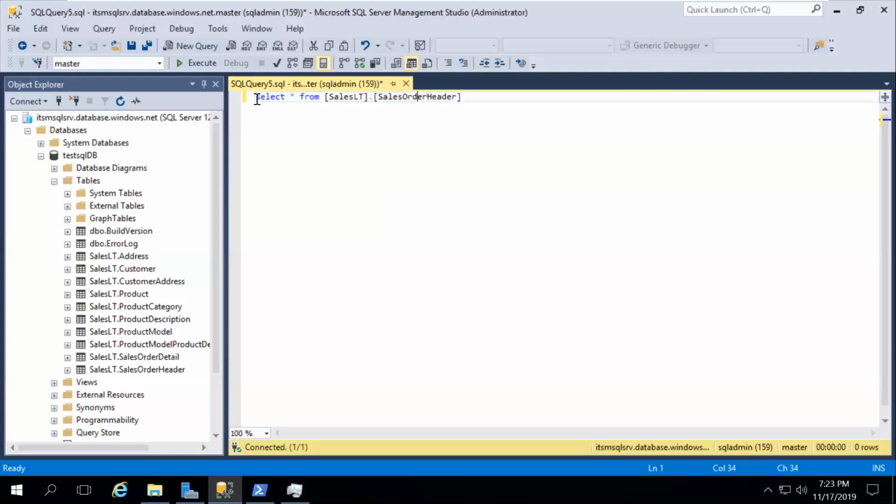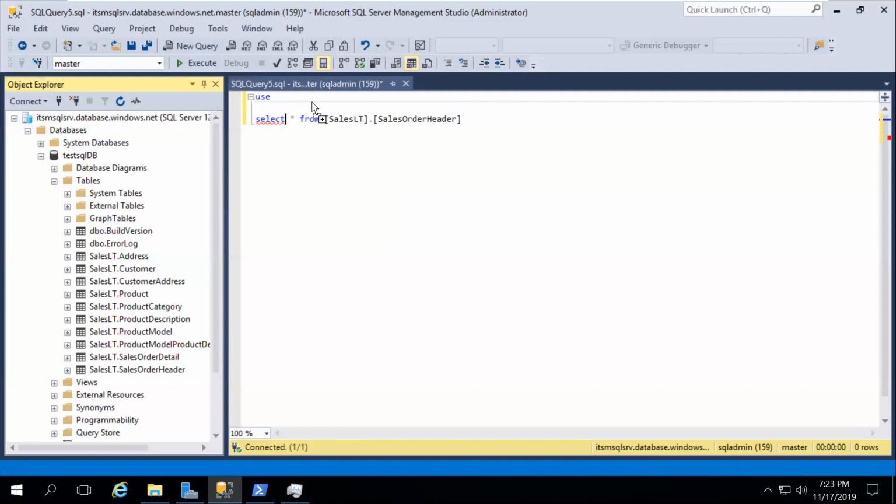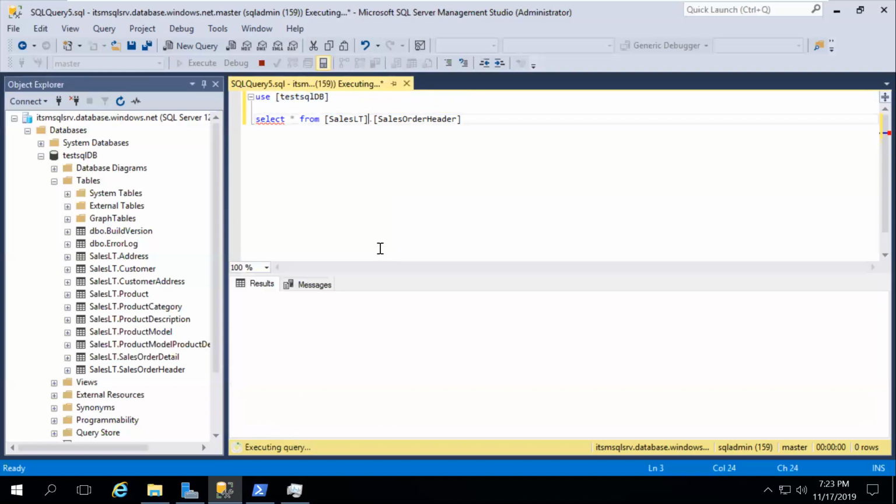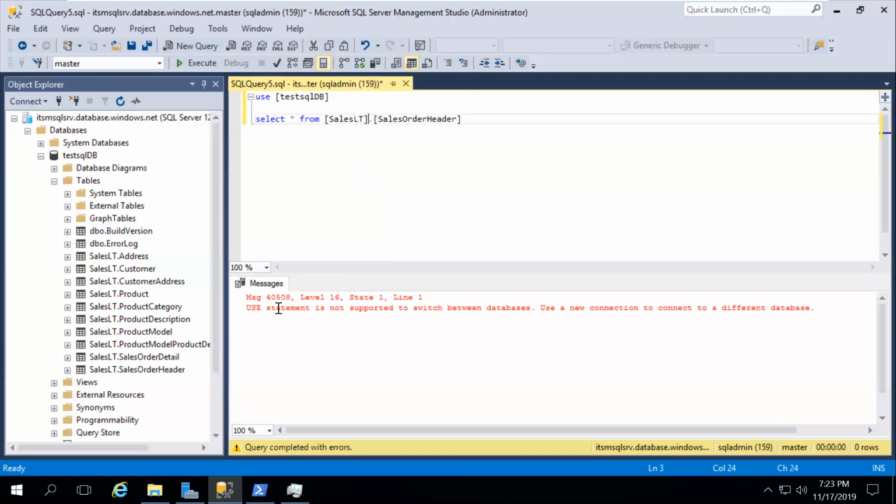See here, the USE query is not accepted. Generally we use it, right? But it is not supported. See, the USE statement is not supported. Switch to a different database. So click on the drop-down list, provide your test DB, and then click execute on this query. It is going to provide you this output.